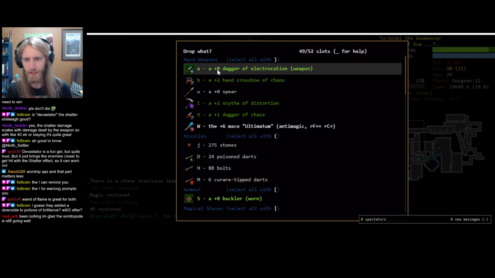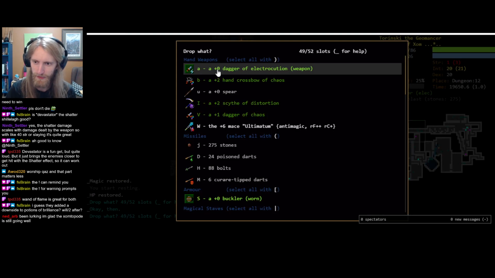So here's what we're gonna do. Let's actually just do a bit of a cleanse here. Get rid of some of the crap that we've been storing up in our inventory. Such as this random spear can go. Scythe of Distortion I think can go for the time being. Even this,